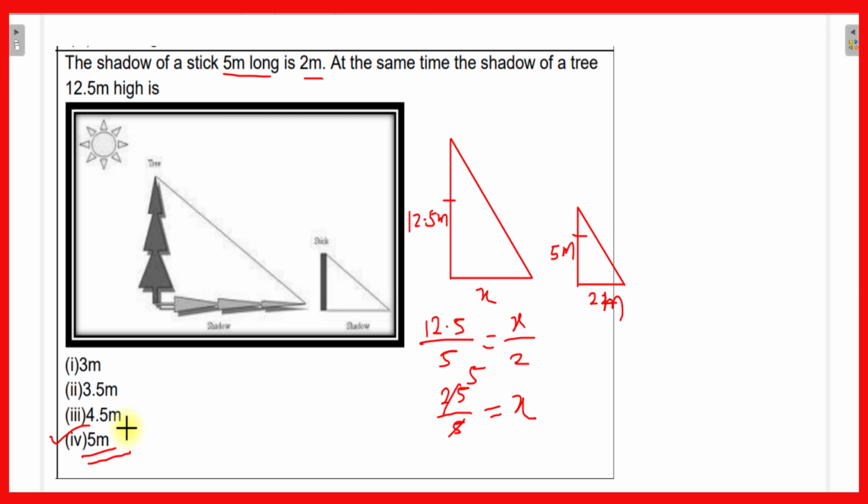This was a simple question. Even if it is given to you directly without the initial information, you can solve this. This type of question is there in the textbook also. Now let us move to the next question.